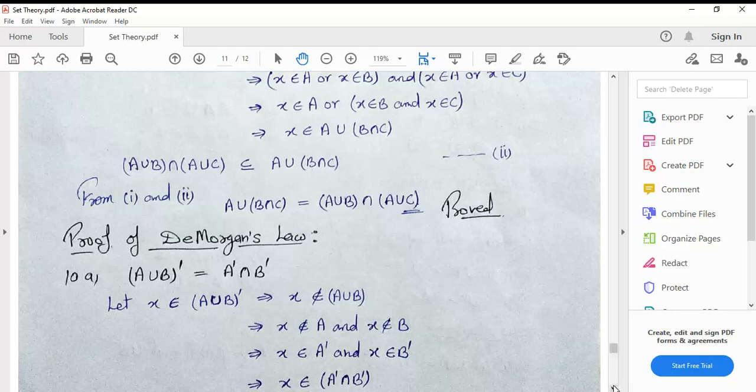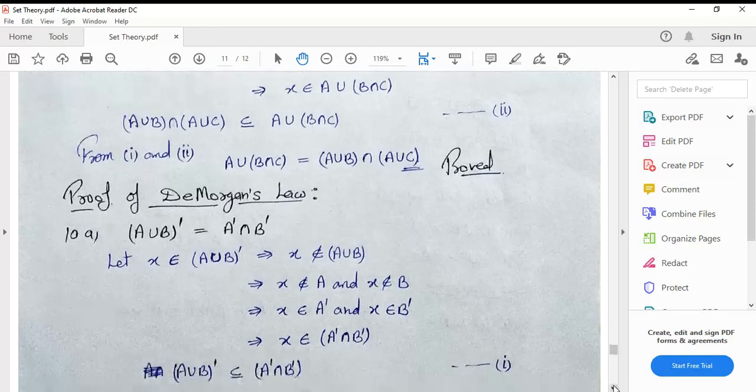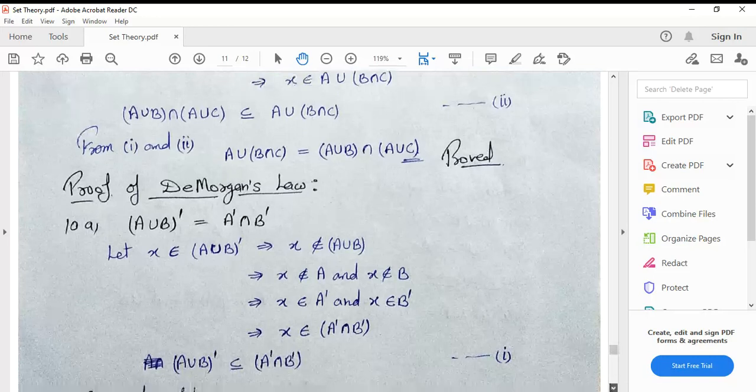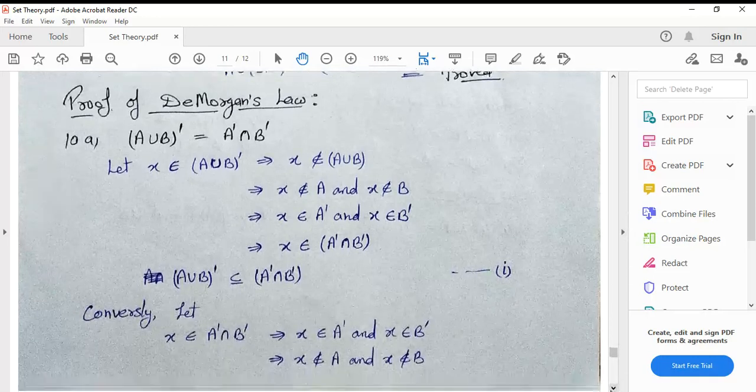You can prove all the laws like that, and any other property you are given. So here again we show De Morgan's law, the first part: A union B complement is equal to A complement intersection B complement. First we suppose that x belongs to A union B complement. If an element belongs to a complement, it means that that element doesn't belong to that set, right?